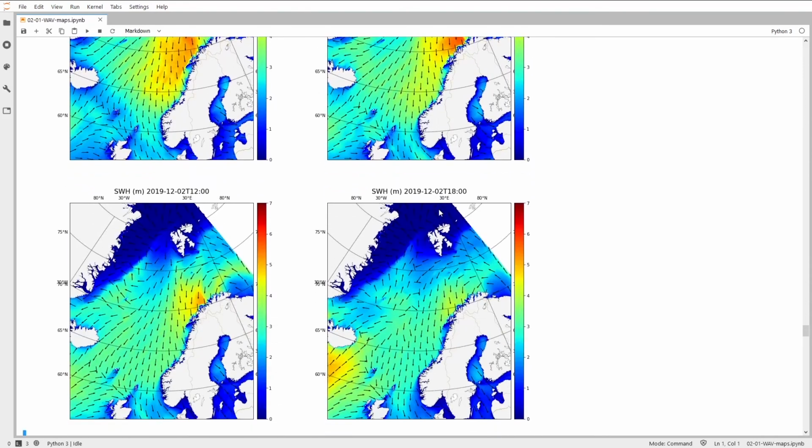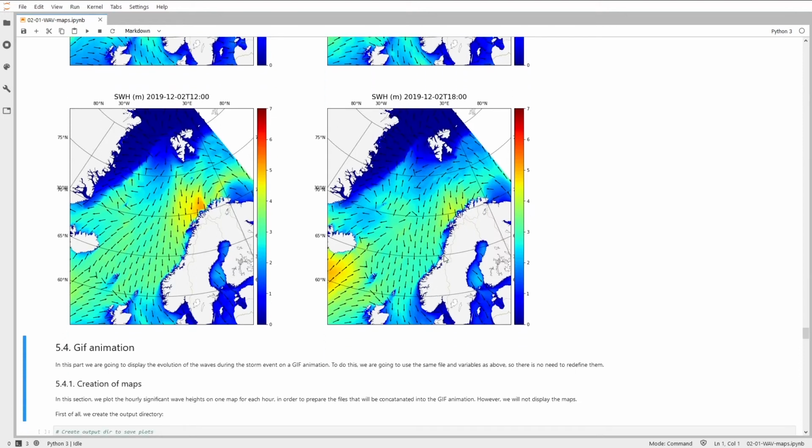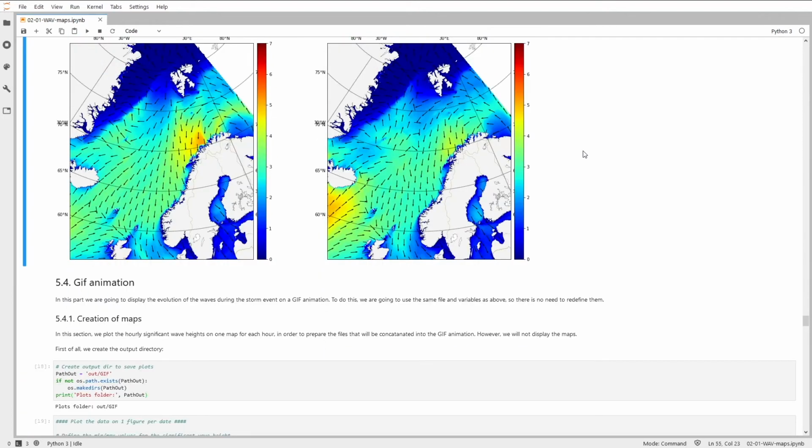And as this phenomenon is disappearing, we find again the same. We have created a figure which shows the significant wave height and the wave direction during the storm event, but it required a lot of space on our notebook to display those images. Maybe using a GIF animation it would be easier to represent this storm event and to catch the specificity of